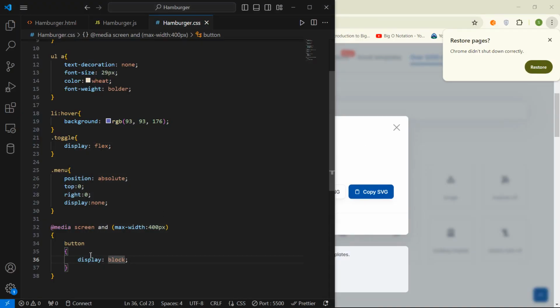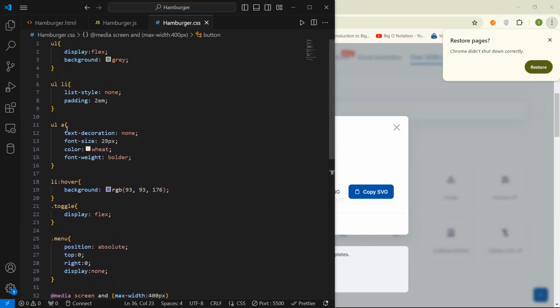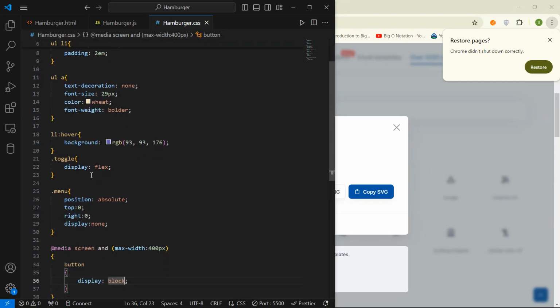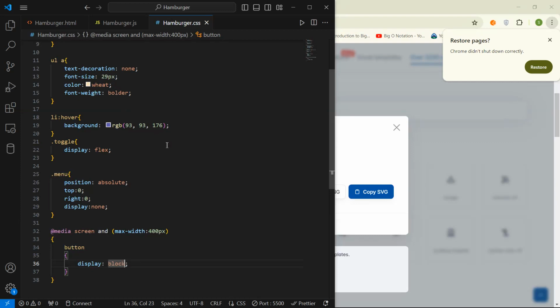So I have said that if the button display block, initially the menu list item hover toggle menu is the menu item for the button class. So instead of button, I can here say menu and display block,